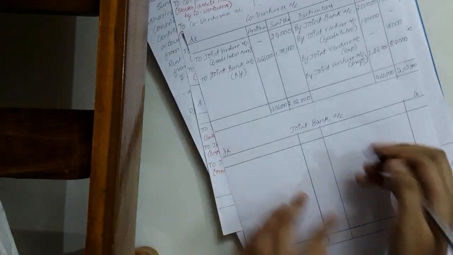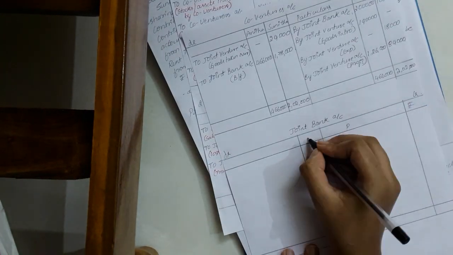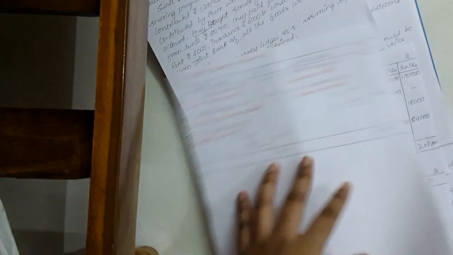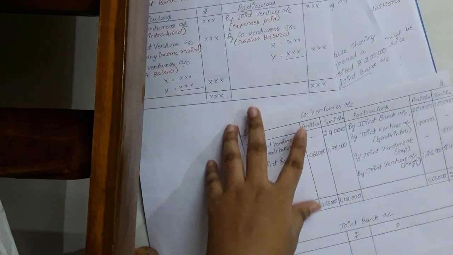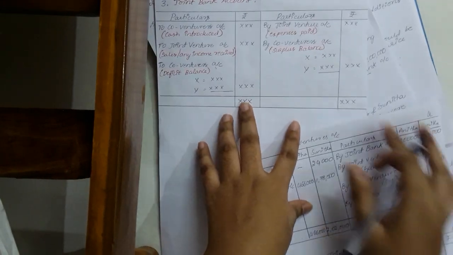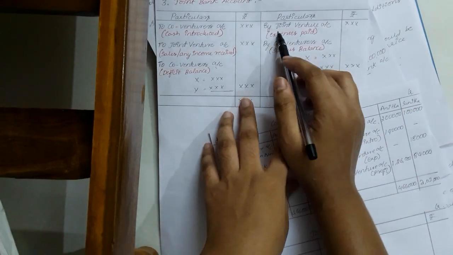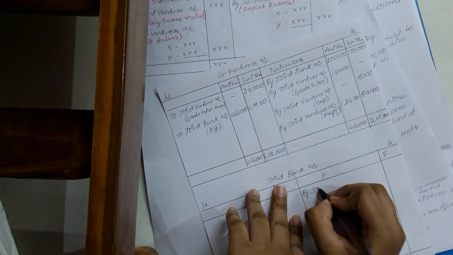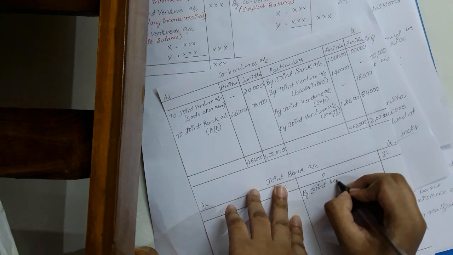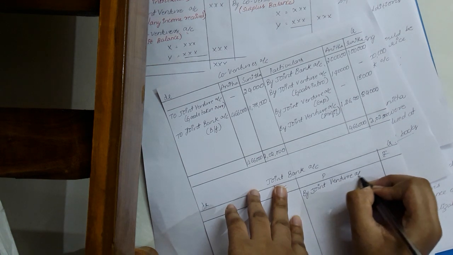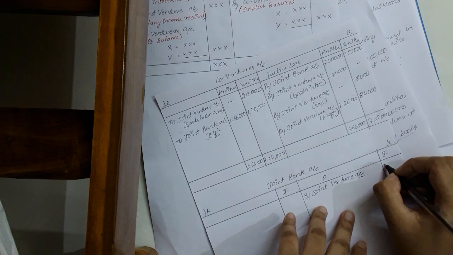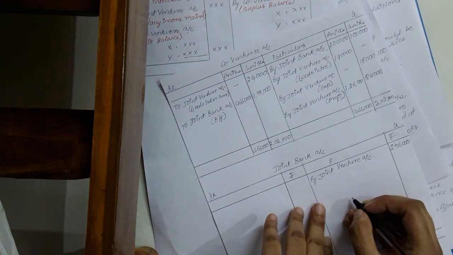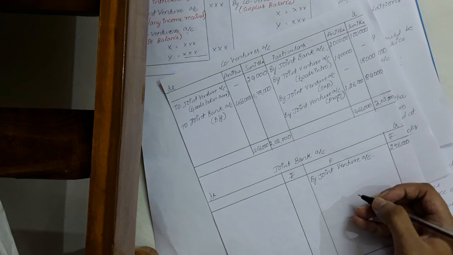Next we need to prepare the joint bank account. Debtors, creditors. So particulars, rupees. In the joint bank account, what will we write first? The first thing is expenses paid. How much are the expenses paid? We'll record it here: to joint ventures account, by joint venture account. The total expenses are 2,56,000.